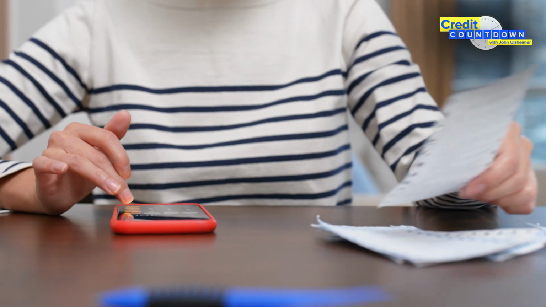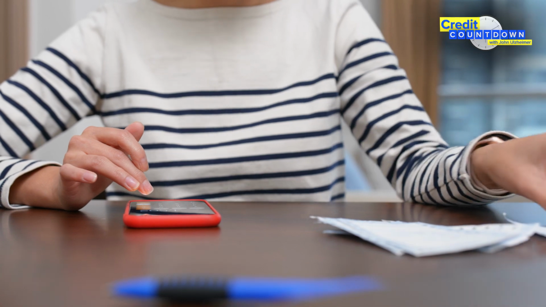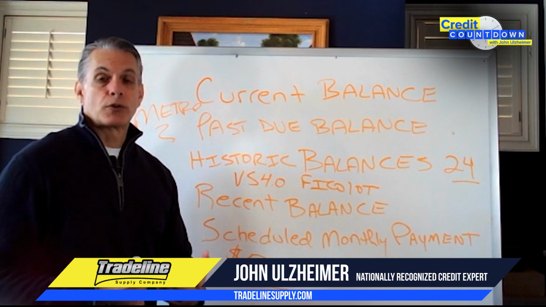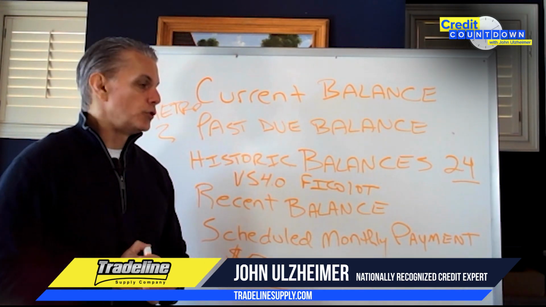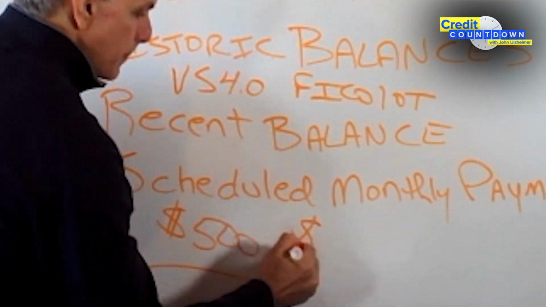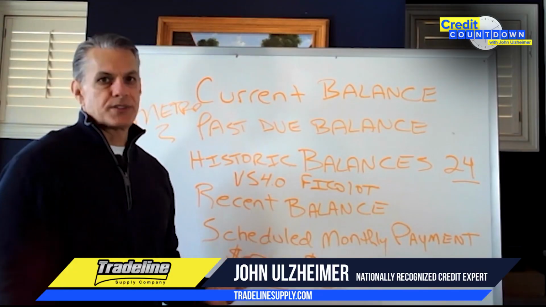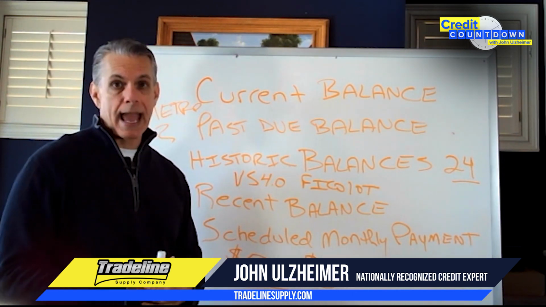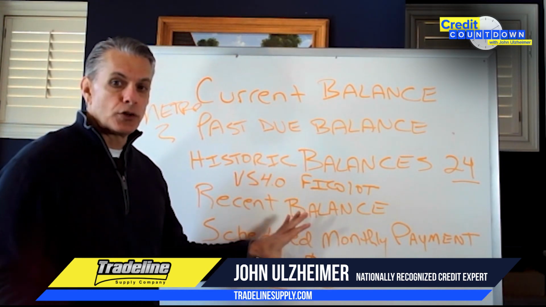It could be whatever your minimum payment was on your most recent credit card statement. It would be whatever the monthly payment requirement is on your mortgage loan. Once your account is paid off and closed, for example, once you get done paying off your car loan, or if you sell your house and you don't owe them any more money, most of the time this value or field is updated to show zero because you do not have a scheduled monthly payment any longer. Sometimes the lender leaves a value in that field, and that would just represent what your payment was when the account was still open. This particular field is not considered in credit scoring systems.